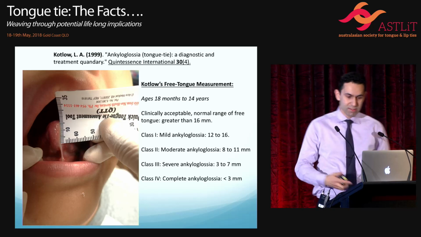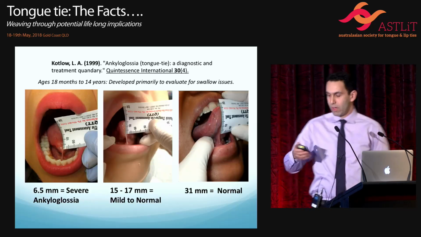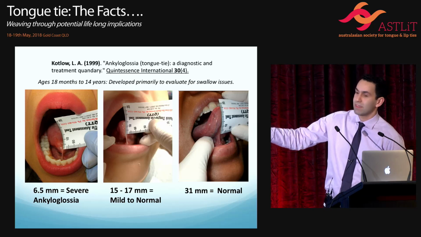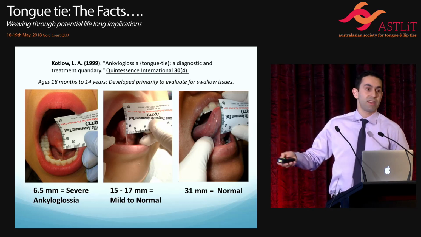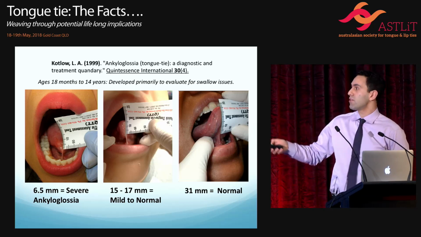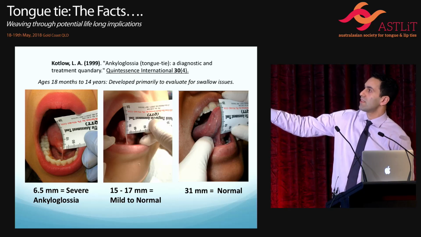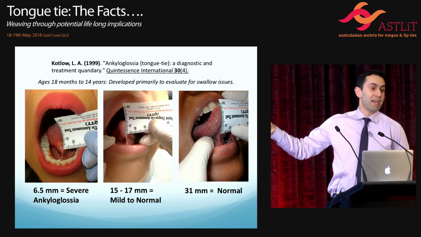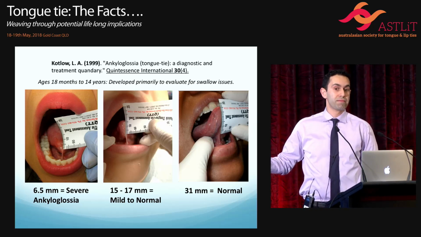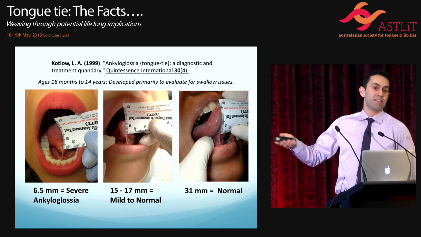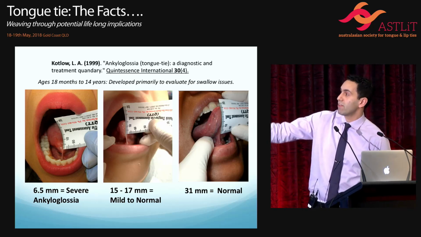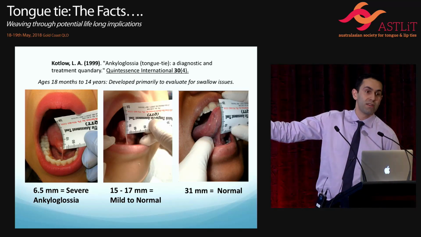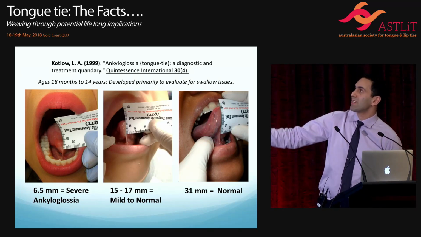And so if you look at this classification, you have someone who is 6.5 millimeters from the attachment to the tip, and that's severe ankyloglossia, and we might agree. But if you look at someone whose free tongue length is 15 to 17 millimeters, this would be classified as mild to normal. And so the problem is if we're doing research and we're drawing the line right here, you're not really going to see a difference between this one and this one. So what we're doing is we're saying that